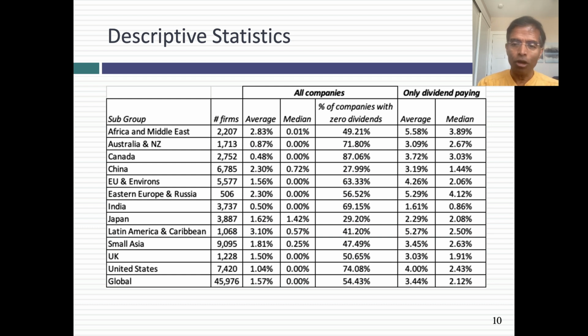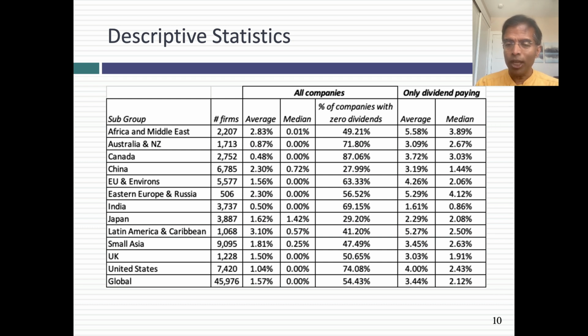Now, it's true, if I focus only on dividend-paying companies, I get very different numbers. Among dividend-paying companies, the average dividend yield for a US company is 4%. The median is 2.43%. So let's say I came to you with a dividend-paying company with a 1.5% dividend yield. Now, part of you says, that's a good dividend yield. Look, it's higher than the average. Well, I don't think you should be comparing the 1.5% to all companies. You should be looking at only dividend-paying companies. And looking at dividend-paying companies, 1.5% is on the low end of the spectrum. It's less than the median.